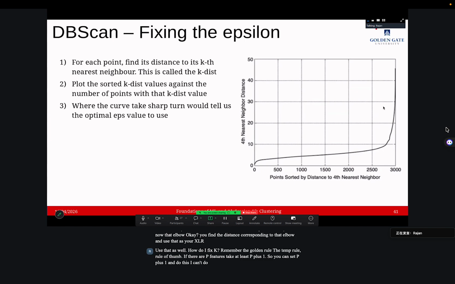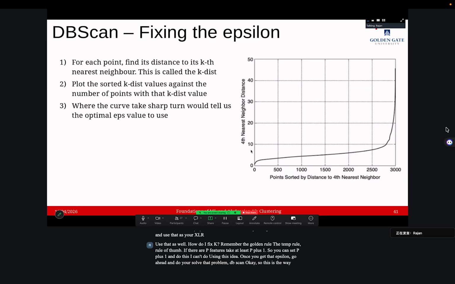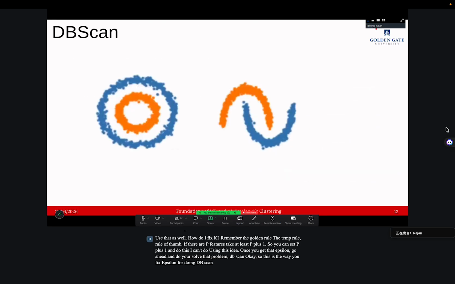Using this idea, once you get that epsilon, go ahead and solve your problem with DBSCAN. Okay, so this is the way you fix epsilon for doing DBSCAN. So for example,